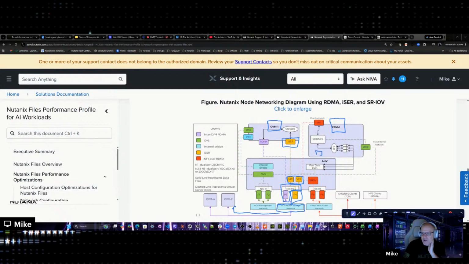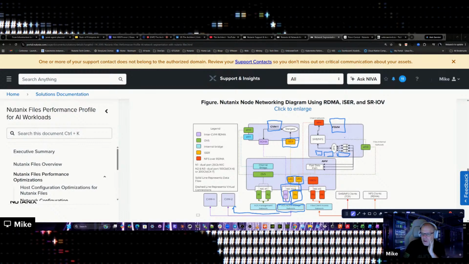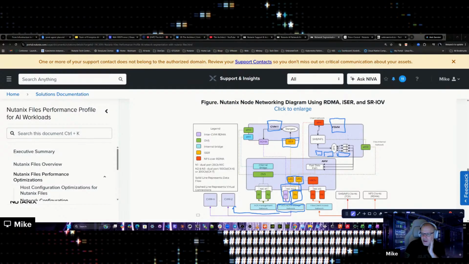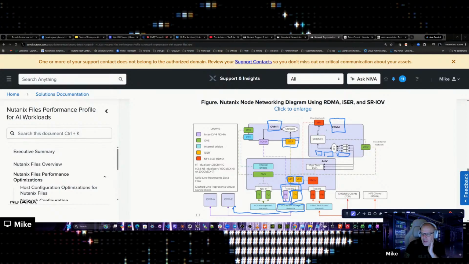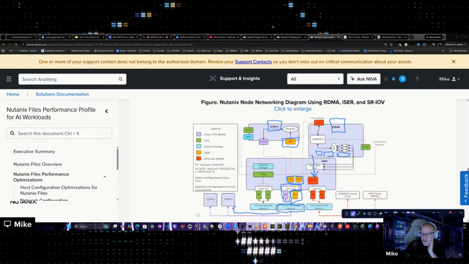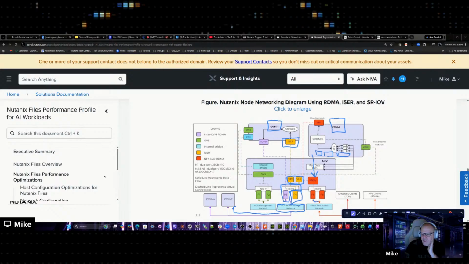So you have all these volume groups attached to the file service VM. We now have to provide a filer component to provide SMB and NFS, and front end that back out to this network interface here using SR-IOV, providing access for the client network here. So this right here is where your GPU